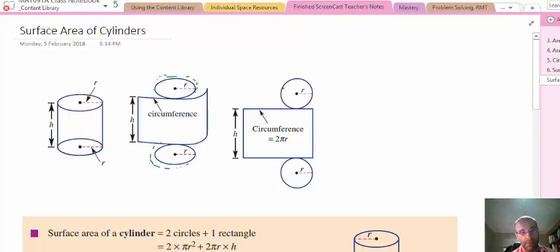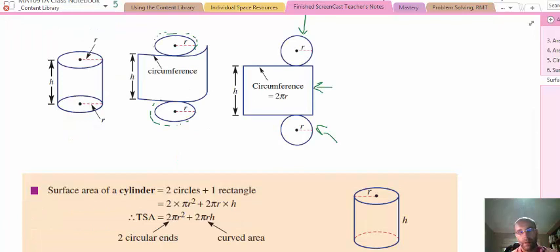So when you've unfolded and pulled it apart, you've actually got 1, 2, 3 parts. These 3 parts are a circle on the top, a circle on the bottom, and a rectangle. Now, a can's not a perfect cylinder, but if we look at an actual perfect mathematical cylinder, we notice a few things. If we go back to this first diagram here, we've got the height